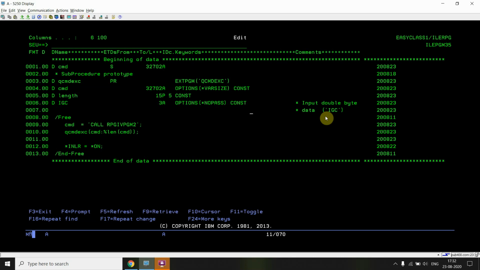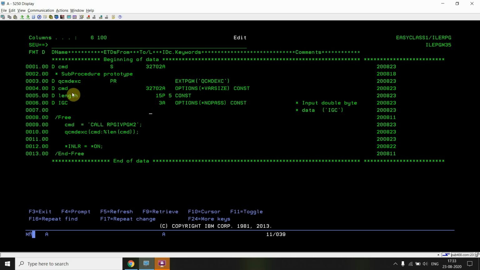When we are dealing with double byte data in other languages like Chinese or Japanese, in that case we will be using this IGC option. Currently this is *NOPASS, so we can either pass this or not. So these 2 input parameters are of our use.